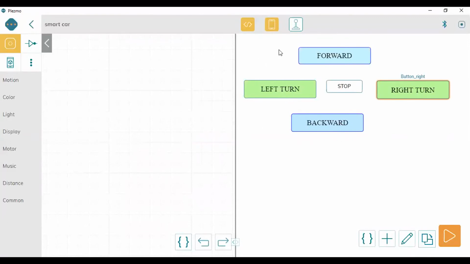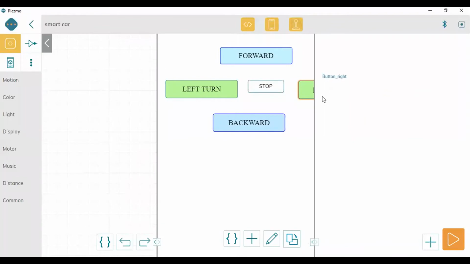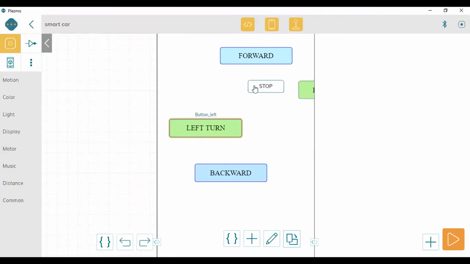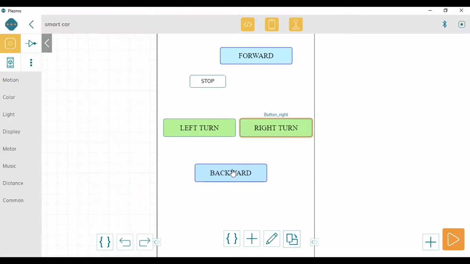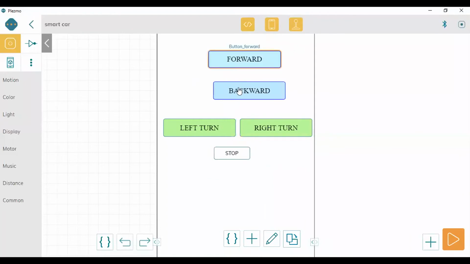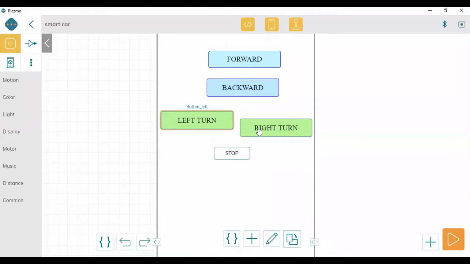Okay. Now we will go to simulator. Now in simulator, if you want to change the placement, because we cannot see all together, let us take like this. So you can change the placements as per your liking.